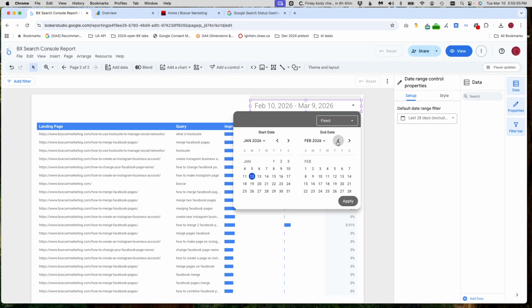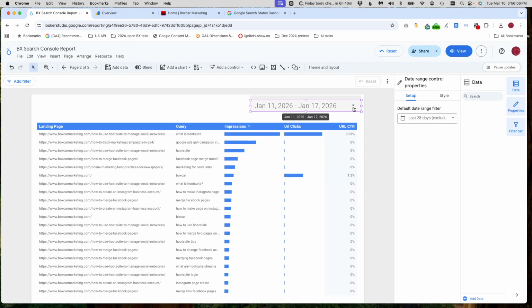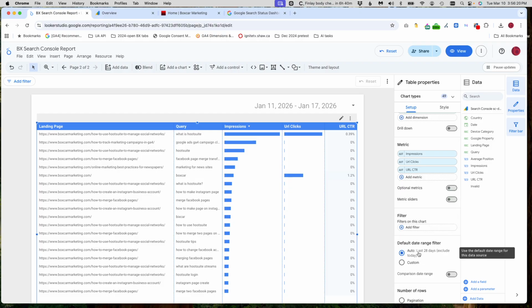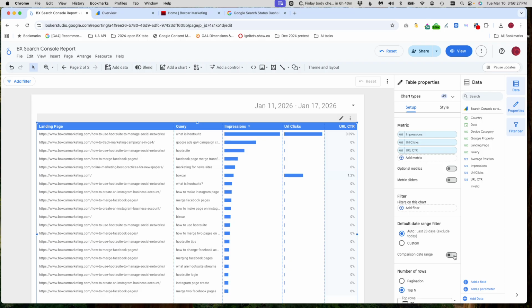So just say, actually the 11th, we'll start on the Sunday and we'll end on the Saturday, and we'll hit apply. It's going to change the date range of what's appearing in this graph. And if we select this chart, it's using auto, it says last 28 days, but it's using this date range that we set. And we want to compare that